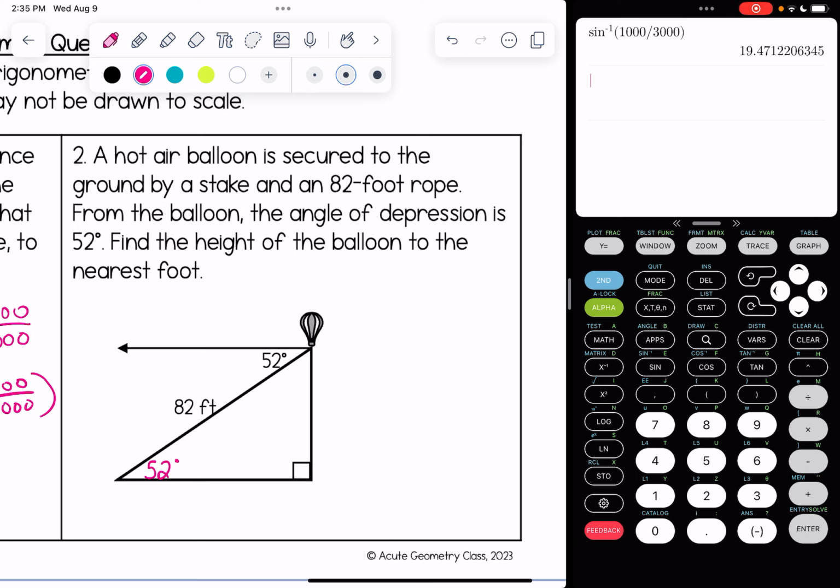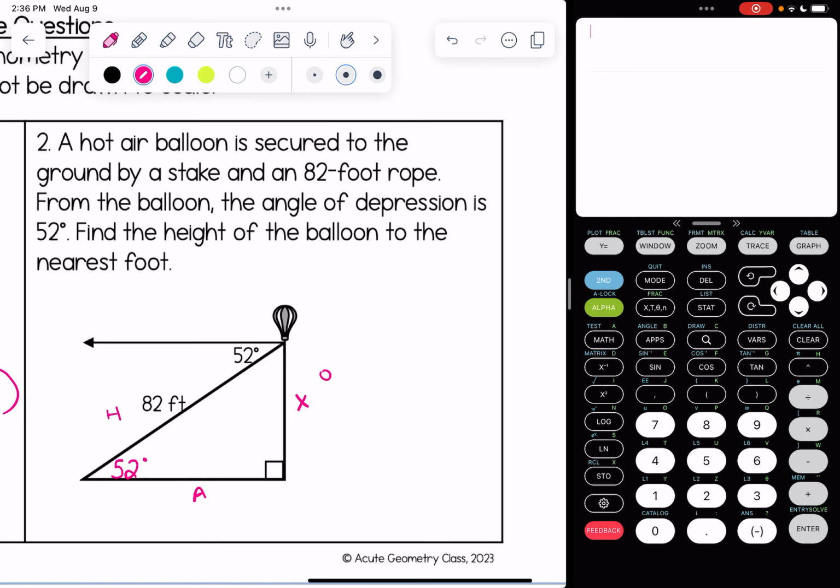Alternatively, if you wanted, you could also find the complement of 52 degrees and use that acute angle at the top. However, I'm going to take the angle of elevation approach. We're looking to find the height of the balloon, so I'm going to put an X over on this side that represents the height. All right, so here's my opposite side, adjacent, hypotenuse,